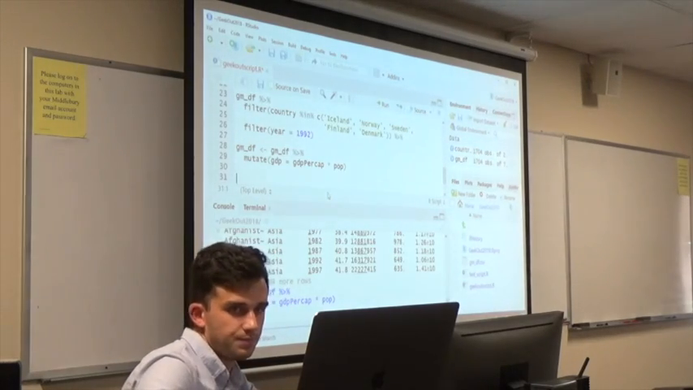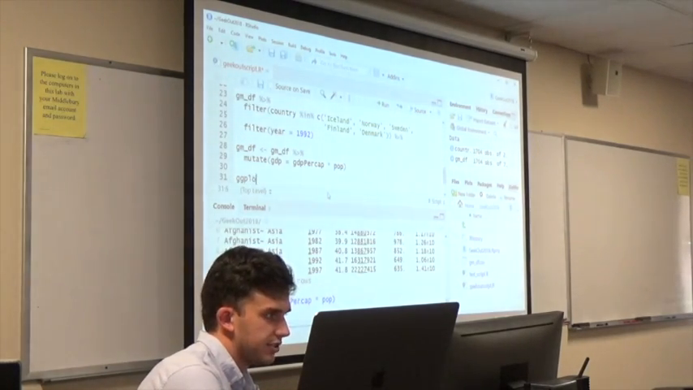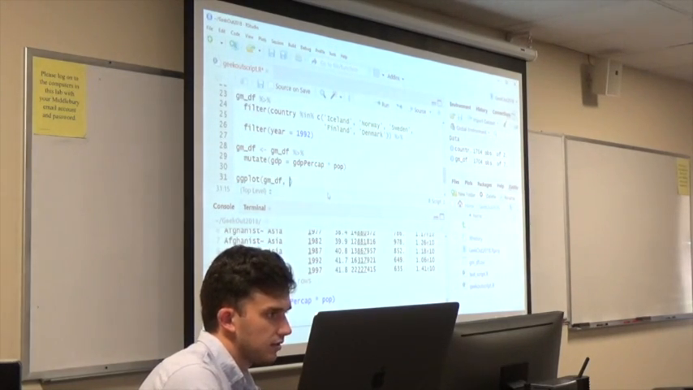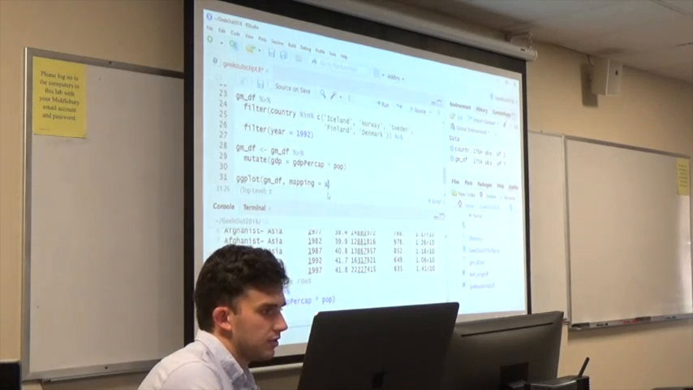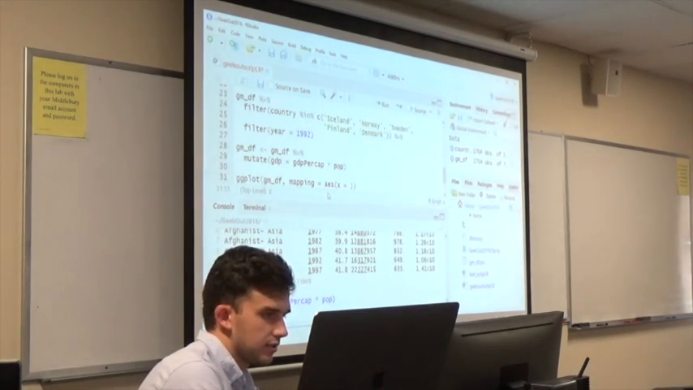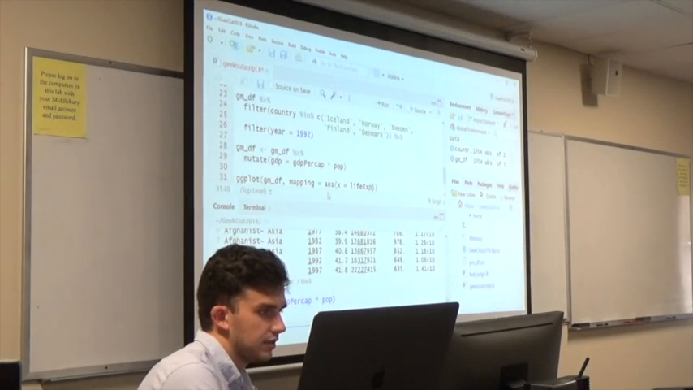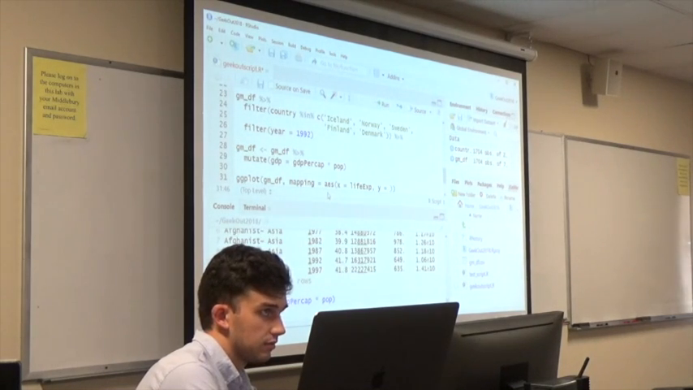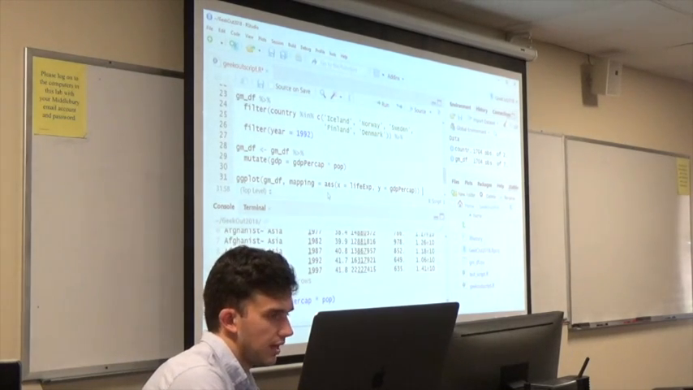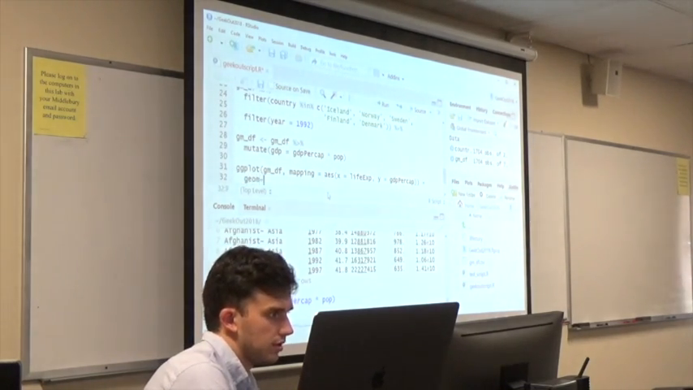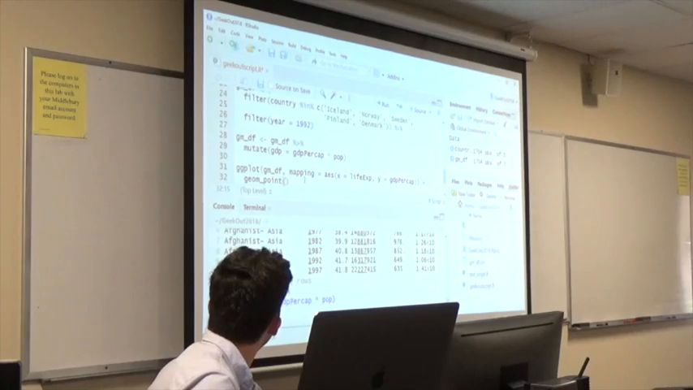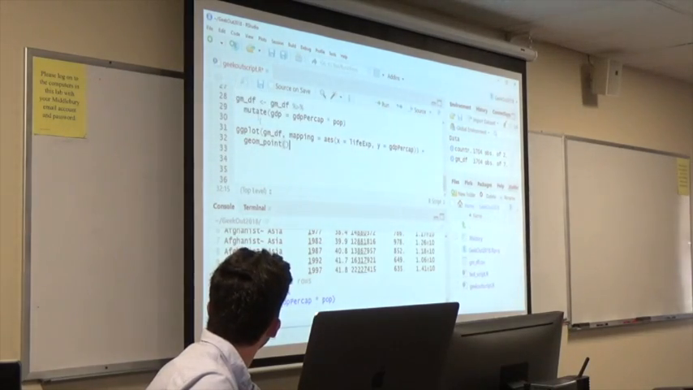To do that, you just write ggplot, gmdf, and then mapping equals aes, x equals life expectancy, y equals GDP per cap, and then plus, and then on the second line, geom point. So to step through what this is doing,